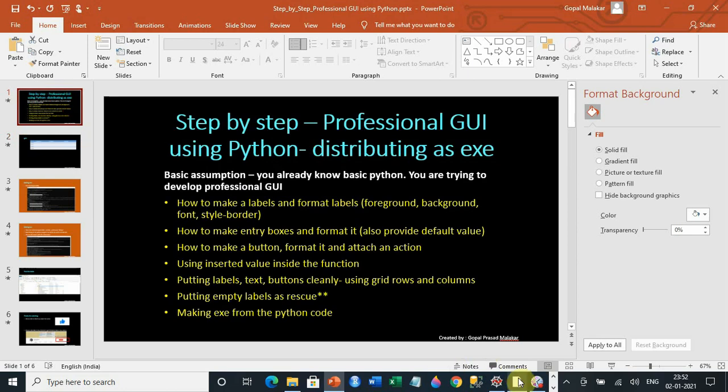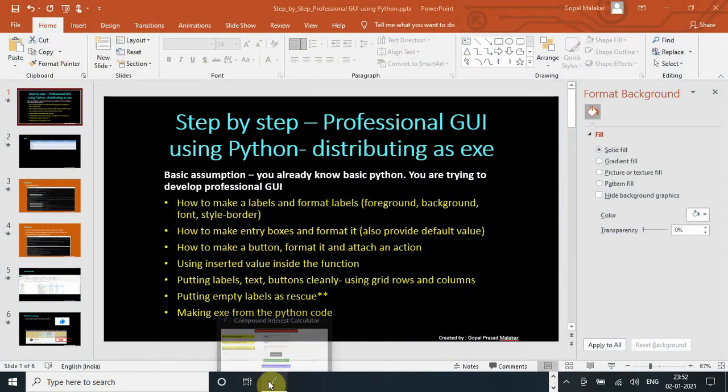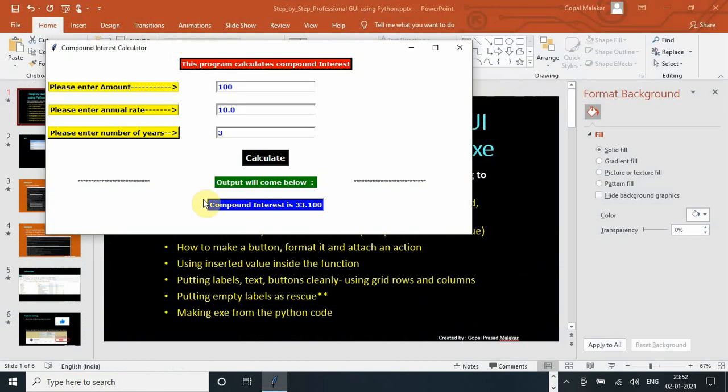If you take a look at how it is coming out, how we are making it nice, we are really using the grid understanding quite well, and that's why it has come out nice. One more thing I'll say, that I couldn't really put things in a much better way. Essentially I have used some empty labels here, and that's why the spaces have come in between, and I'll show you how I've used it.